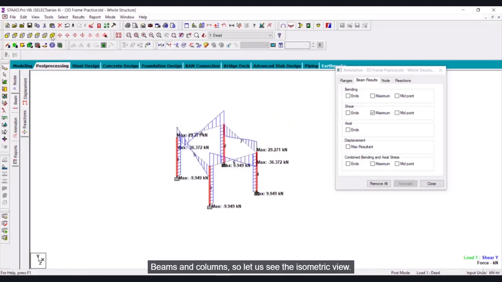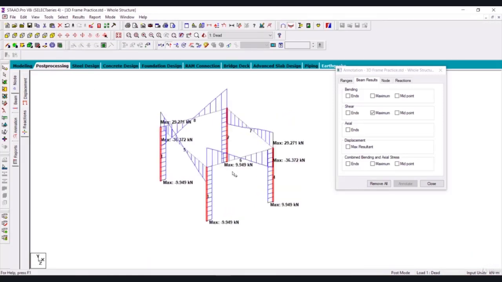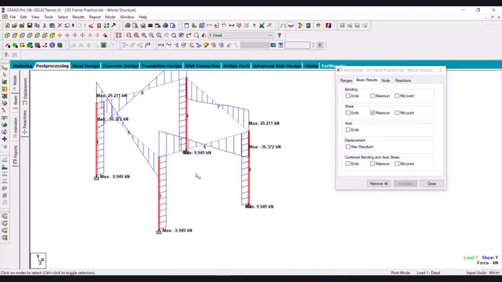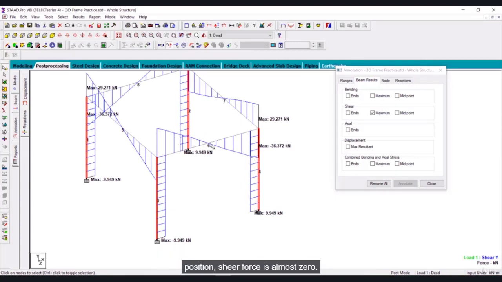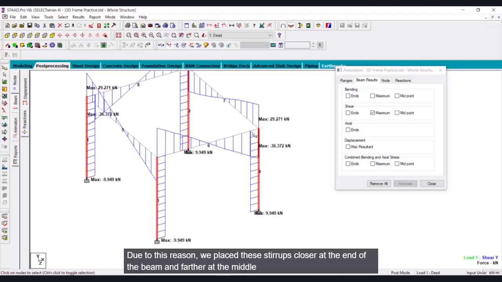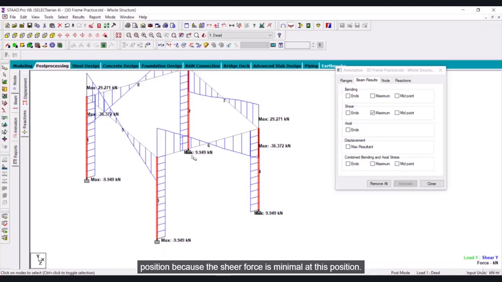So let us see the isometric view. You can see how the shear force is constant in the columns and how it changes in the beams. At this position, shear force is almost zero, and at the ends the shear force is maximum. Due to this reason, we place the stirrups closer at the ends of the beam and farther apart at the middle position because the shear force is minimum at this position.